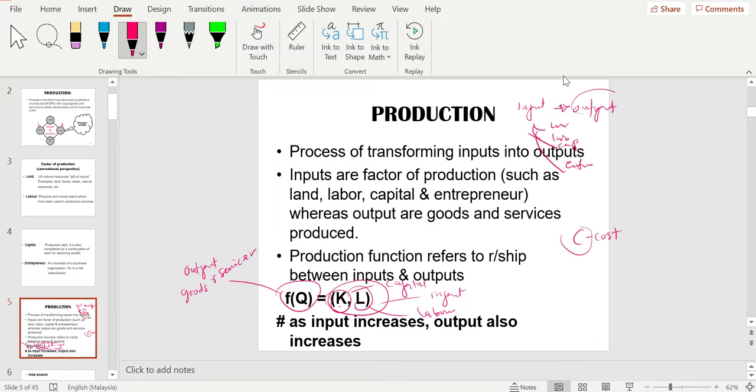Barulah kita boleh produce output. But this is normally what happened here. To produce output,